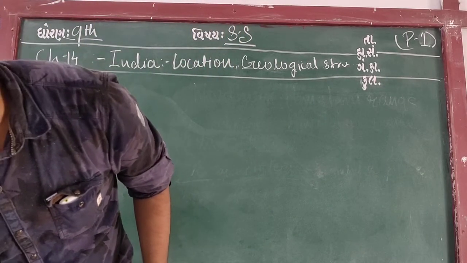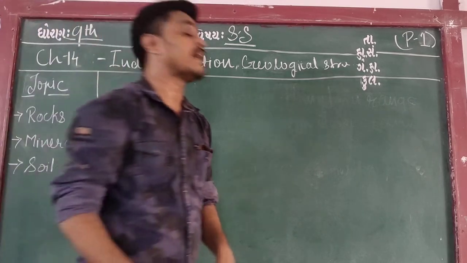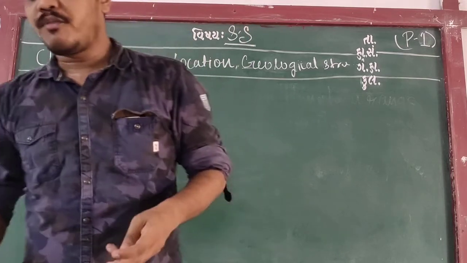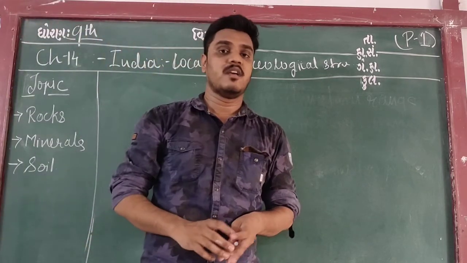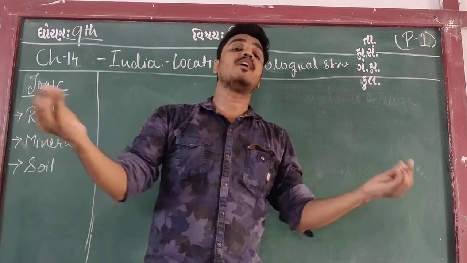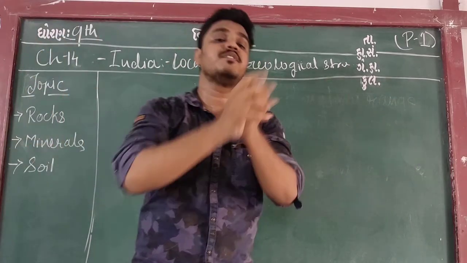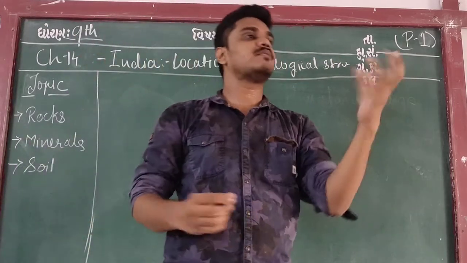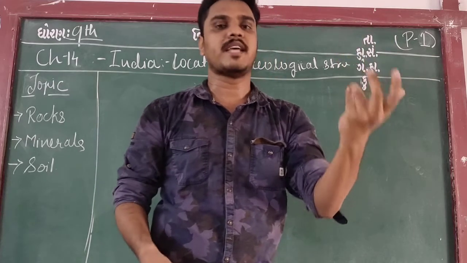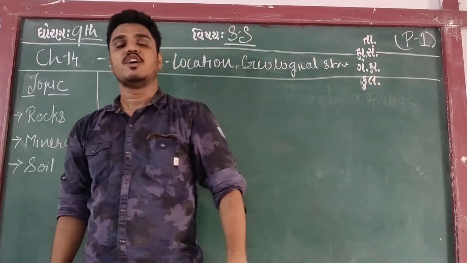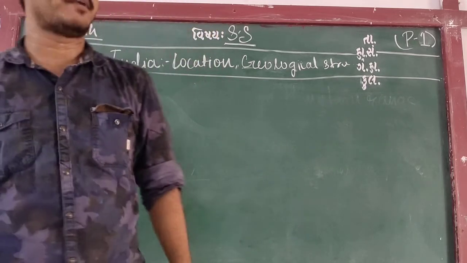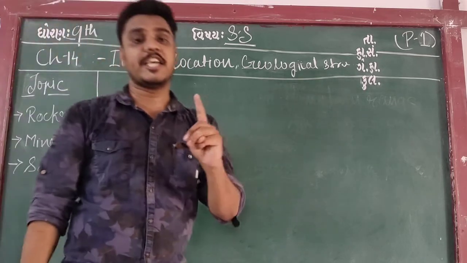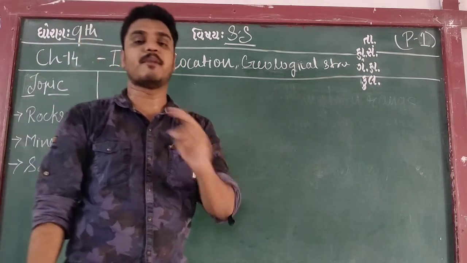Now, what do rocks mean? There is an exact definition: a composite material made up of one or more minerals is called a rock. Composite material means two or three different kinds of materials merge with each other and prepare a new kind of material, that is called a rock. It appears the same, black from all sides, but it contains lots of minerals. So that is called composite matter. Now we have three types of rocks: igneous rocks, sedimentary rocks, and metamorphic rocks.